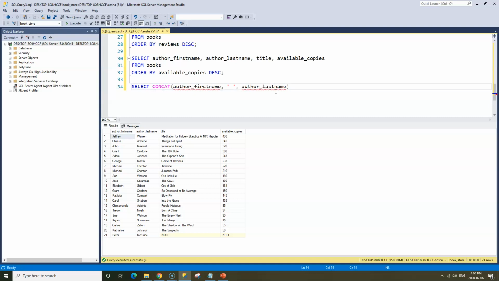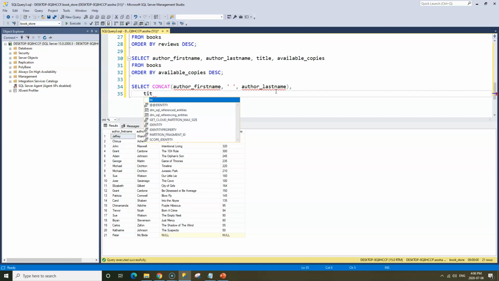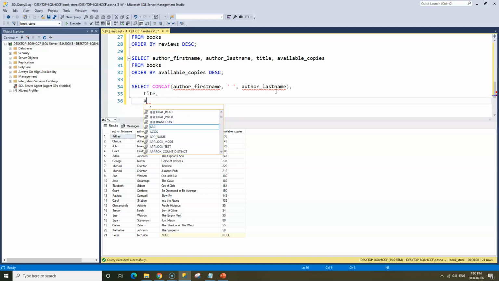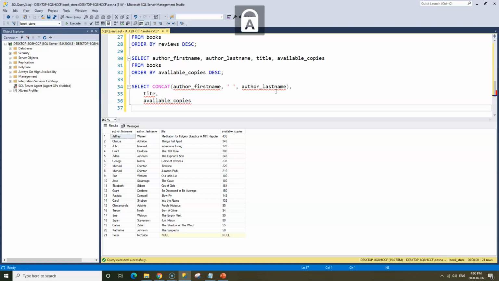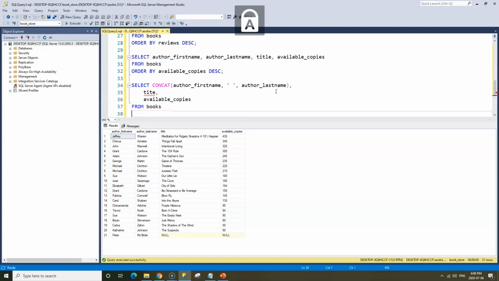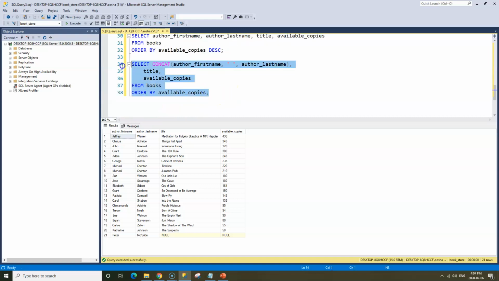and then we also want the title, and then we want available copies, and that would be from books, and we want to order by available copies, and there should be a title. So when we run this,